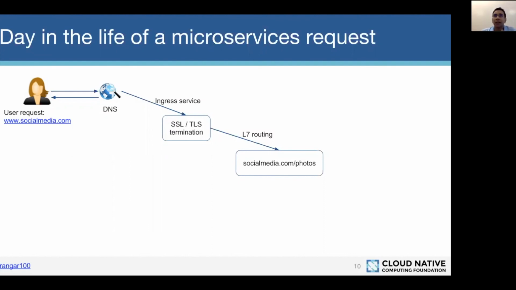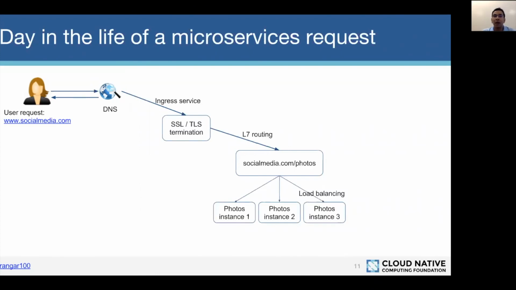And this is usually done based on some portion of the URL in the request. And note that this is different from traditional layer 3 routing because this happens at the application level based on the URL that the user is trying to access. In this specific case, let's go ahead and assume that this request is routed to an application called Photos. Now,